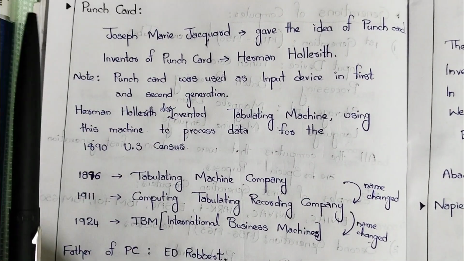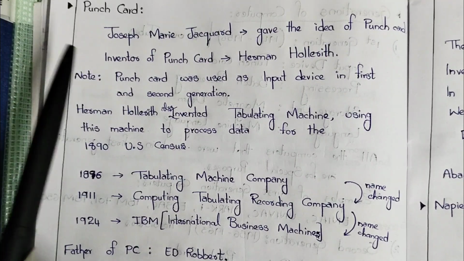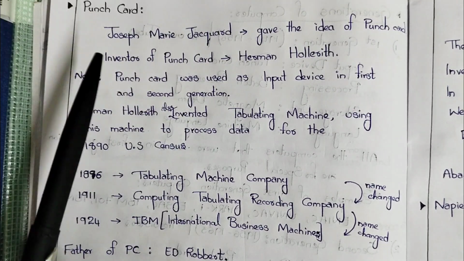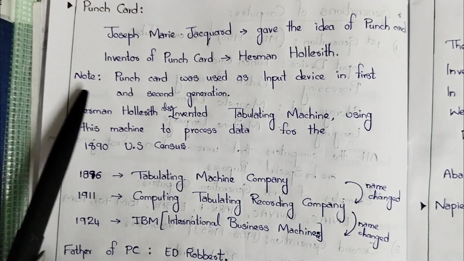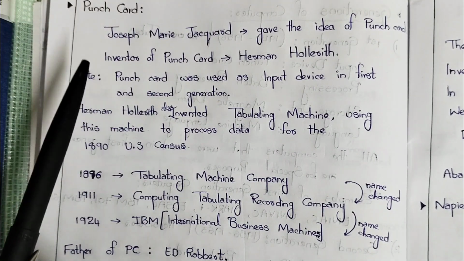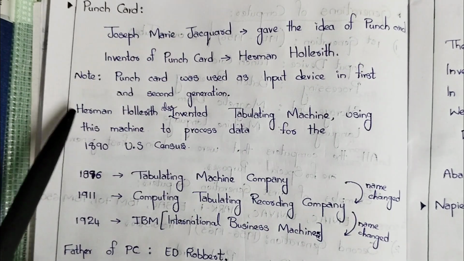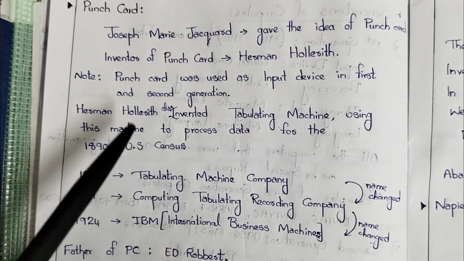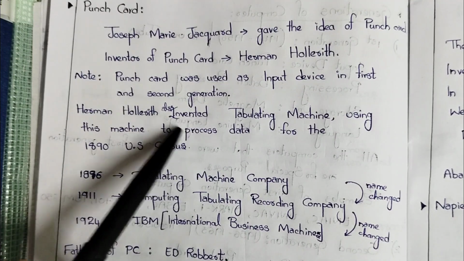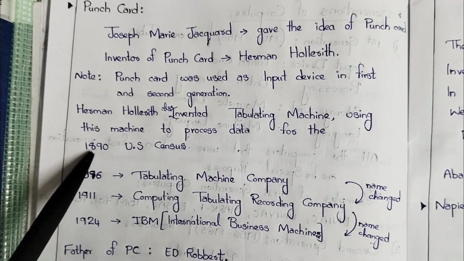Okay, so what are we discussing? We were discussing punch cards. The idea was given by Joseph Marie Jacquard, and the inventor of the punch card is Hermann Hollerith, and punch cards were used as an input device in the first and second generations. Hermann Hollerith also invented the tabulating machine, and this machine was used by the US Census in the year 1890